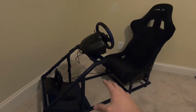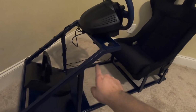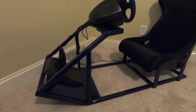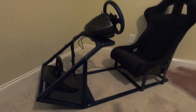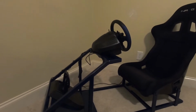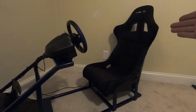Now, the next thing I want to talk about is the materials we used. This is actually just 1x1 inch tubing, and that's what the entire frame is made out of. It's nothing hard to find. It's relatively cheap. I bought one stick to do all of this, and I think it was like 65 bucks shipped to our shop. And then from there, I stole some sheet metal out of the scrap bin, and some flat bar out of the scrap bin, and a can of paint. So less than 80 bucks in materials for this thing, minus the steering wheel, obviously, and minus the seat,